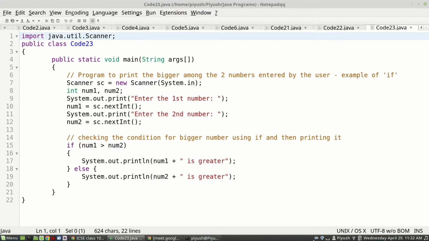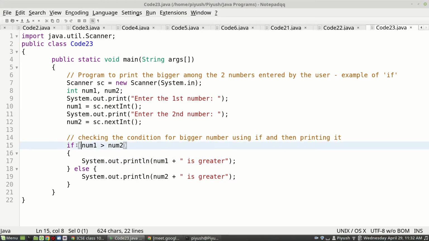Okay, when we have to check both the cases. If first is greater than second, then print first is greater. Else, if this condition is true, get inside the if block, that means the curly braces of if, and execute whatever statements have been asked to be executed.